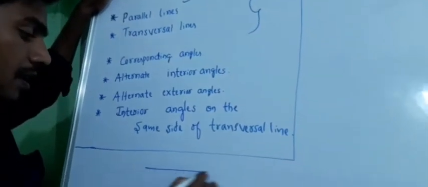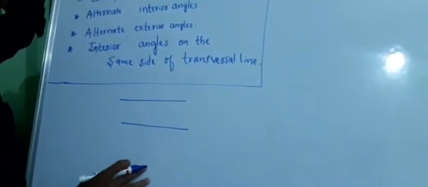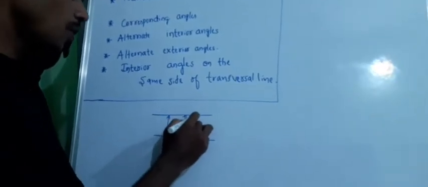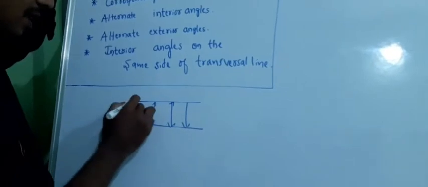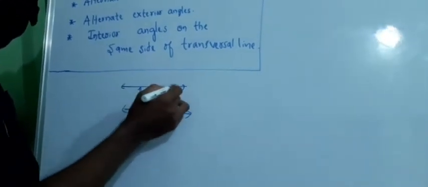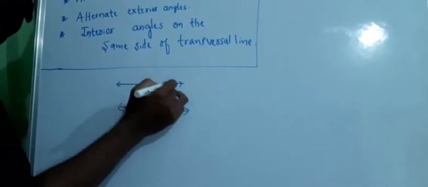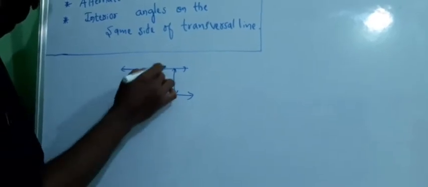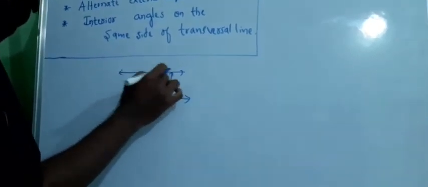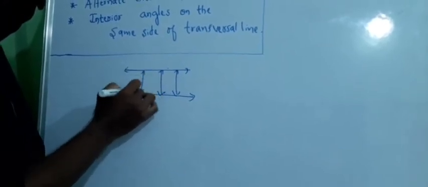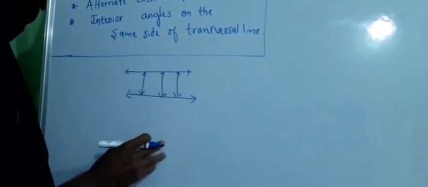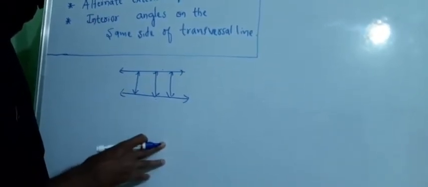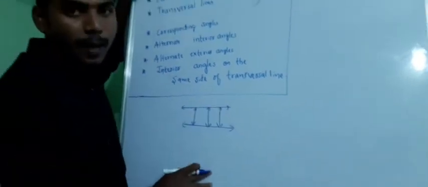See, if I want to say the two lines are parallel, the distance between two lines measured at any point, if it is same, then we call them parallel lines. The distance between two lines measured at any point across the length should be equal, then we call them parallel lines. Or else, parallel lines will never meet at infinity. They will not at all meet. Such lines are called parallel lines.